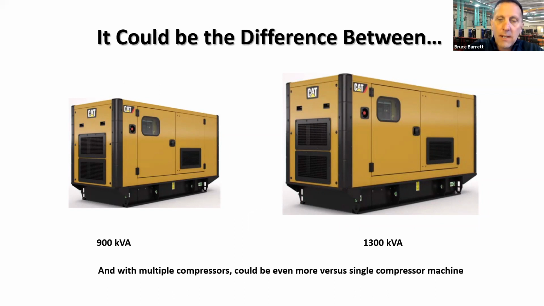So a 900 kVA to a 1300 kVA, it's not a percentage cost difference. It is massive, the larger you get for generators. So think about that. If you've got a generator, we're not going to be the lowest cost a lot of the time, but through payback and total install costs, we might get there.